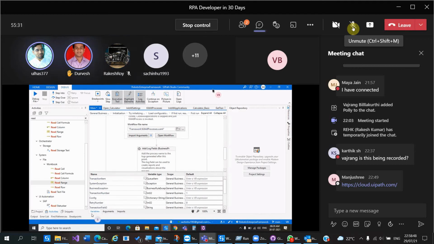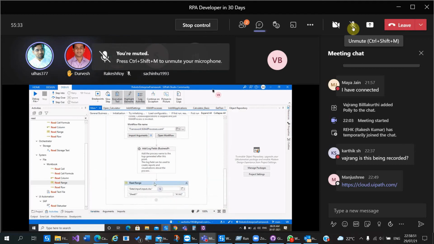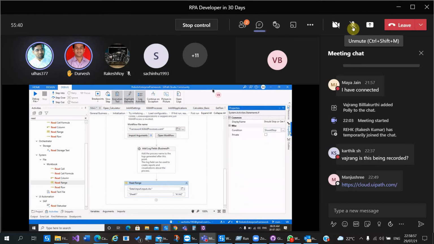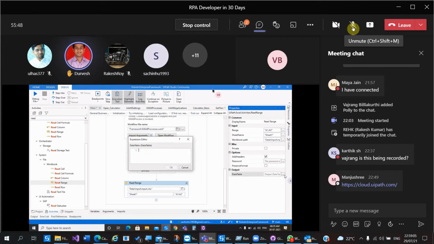In the output property, the last one, click there. Data table. Press Control plus K.